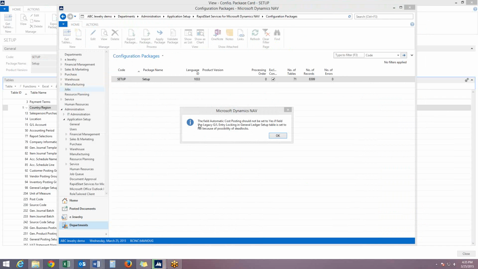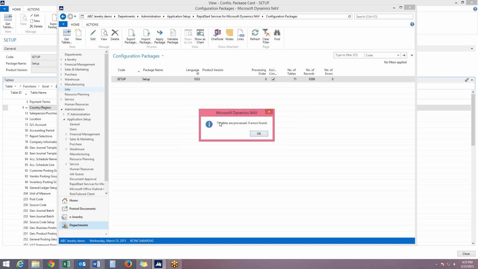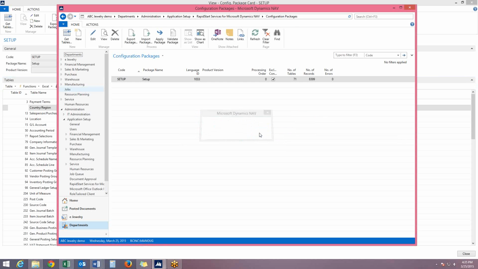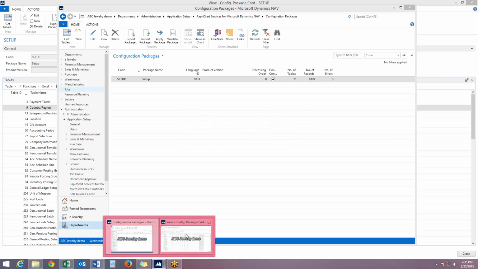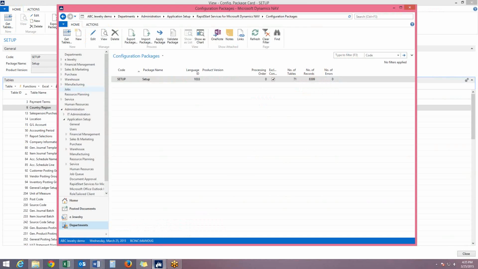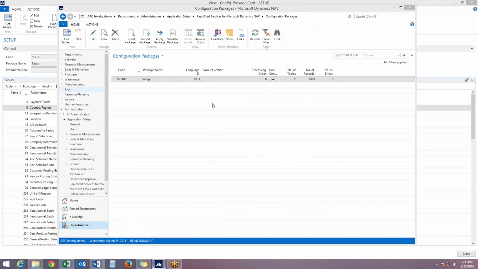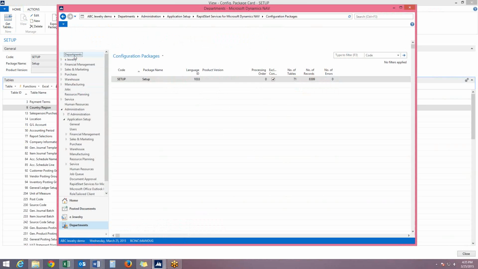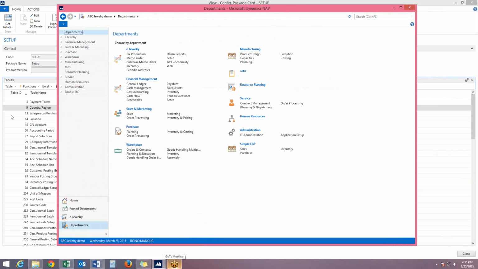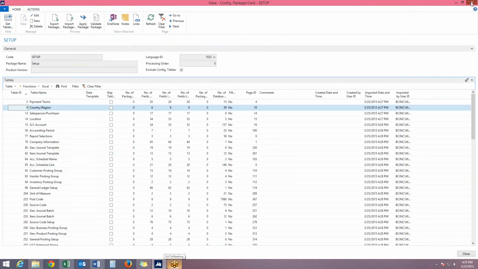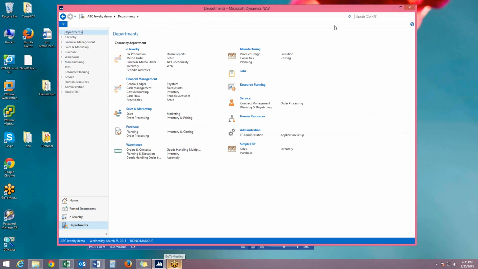You will get a message that says the automatic field cross-posting should not be set to yes. You just click on OK, it will continue, and then you will get this message: 71 tables are processed. That means we've finished applying the data, and the data has been applied. And right now, if we go into any Navision tables, let's go into the Navision table so you can see. Let me close this screen in the back. So if I go into general ledger setup,